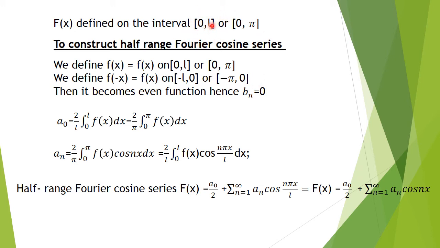Suppose, for example, the interval is 0, 4. Find the half range Fourier cosine series. So 0, 4 is not a complete 2L length interval. L is equal to 4 there. If you are defining a half range Fourier cosine series or half range Fourier sine series, it is only the 0, 4 interval. L is equal to 4. It's not 2L is equal to 4. Whenever it is defined as half range, L is equal to 4.